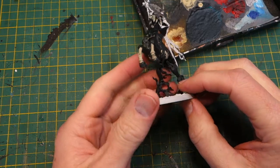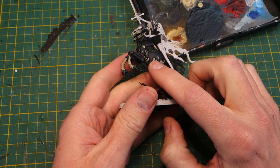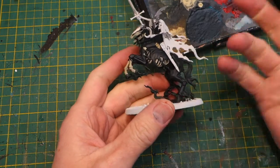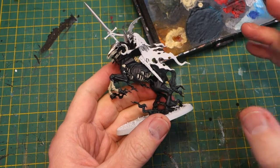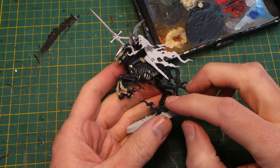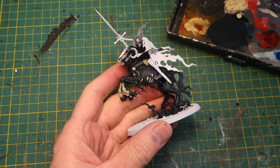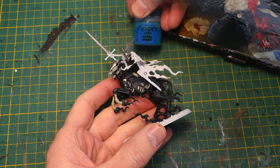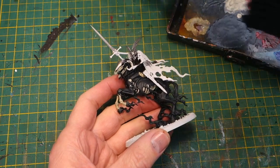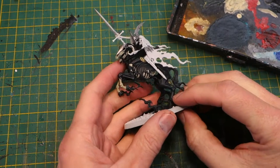Okay, I blocked in all the dark insides of the figure, and then I put some Ushabti bone on the bone areas. Oh God, these colour names are so difficult to remember and say. Then I did a dark teal, which was a mixture of Sotek green and Cabalite green. Mix those two together with some black to give me my dark flesh colour, which is all peeling away